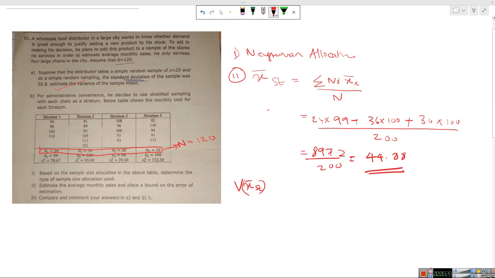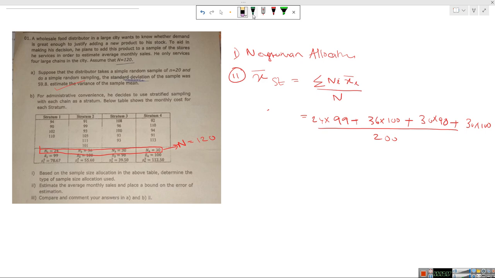So 24 times 99, 36 into 100, 30 into 98, 30 into 98 plus, I forgot to add this also, right? 30 into 100. Okay, in the numerator I forgot to add the one stratum value, right? So now the answer would be